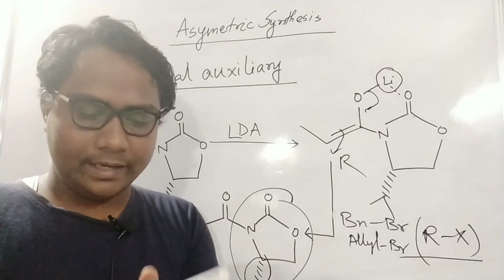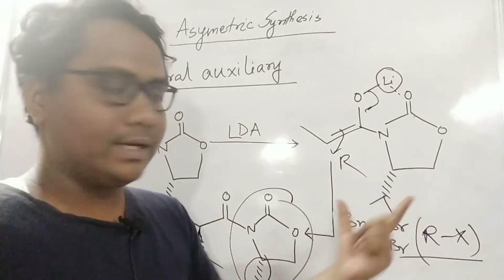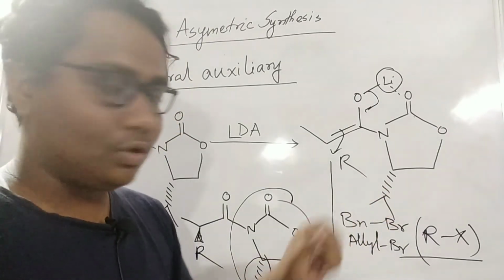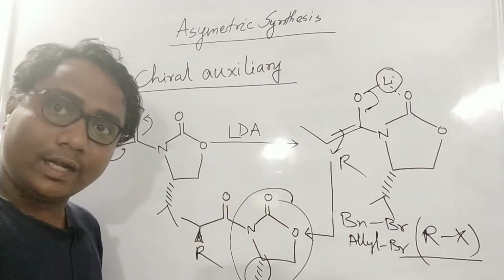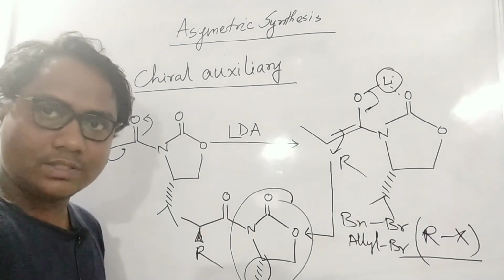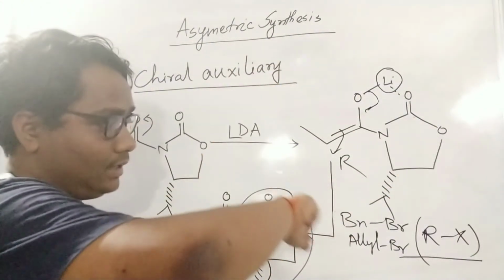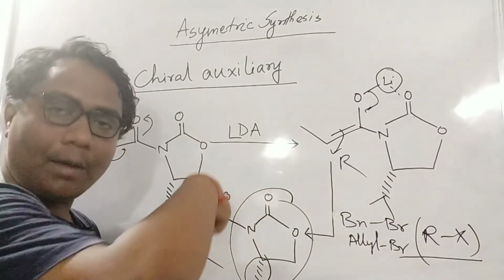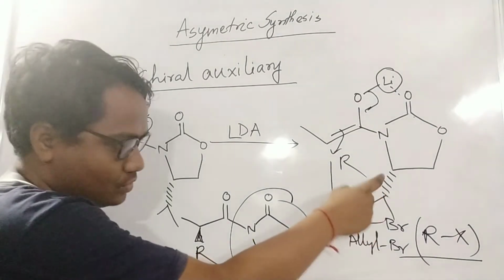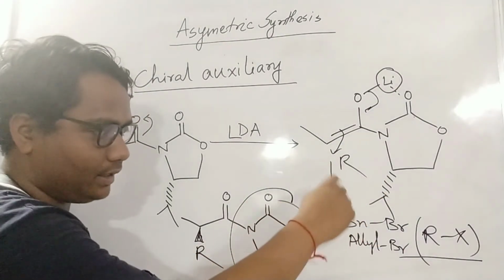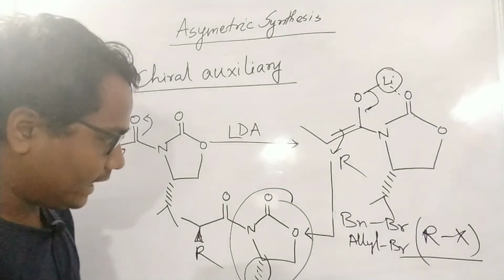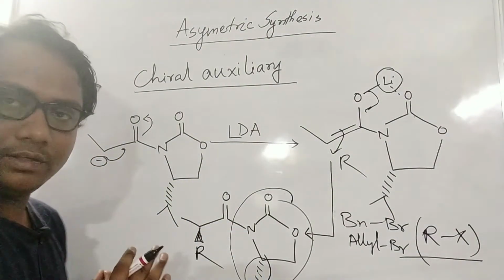It is like a double bond, so it is in plane, and this group is a big group, isopropyl. So the isopropyl goes down. So whatever the upcoming group, which way will it definitely come? In the up way, not down, because down there is a big group. So it will decide the nucleophile or electrophile comes by the up way. If the isopropyl group is up, whatever attacking electrophile comes will come from the downside. So that will decide the stereochemistry of this moiety.